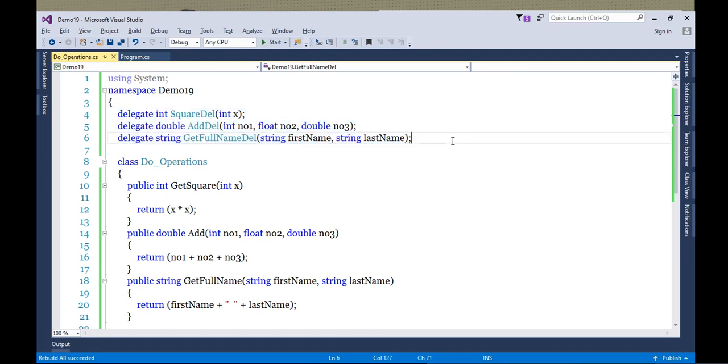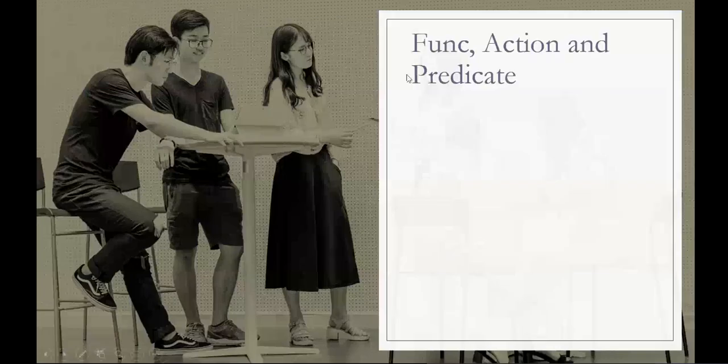But now the .NET Framework is providing us some set of built-in delegates. So what is the advantage of using these delegates? It is not required for me to create my own delegate. This delegate is already available in the .NET Framework, and I can directly use this. So ready-to-use delegates are available. Now definitely, if somebody is giving a ready-to-use facility, there will be some limitations, right?